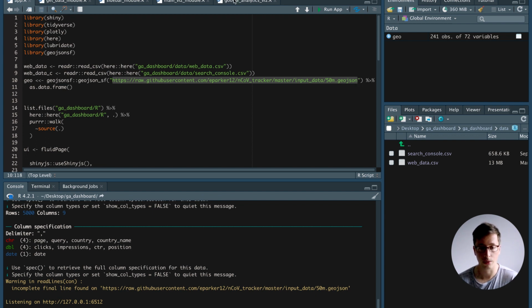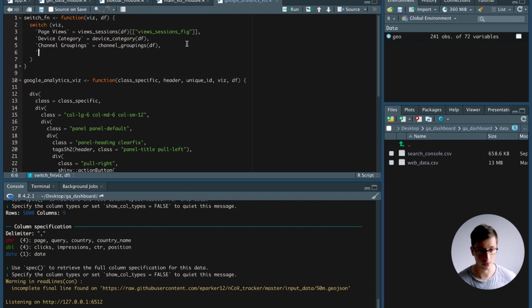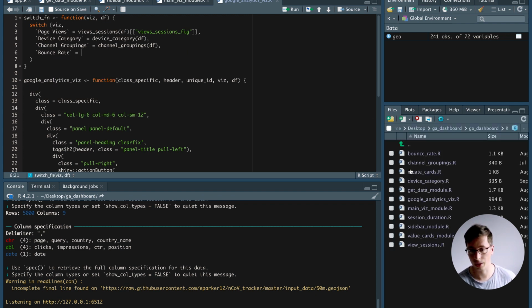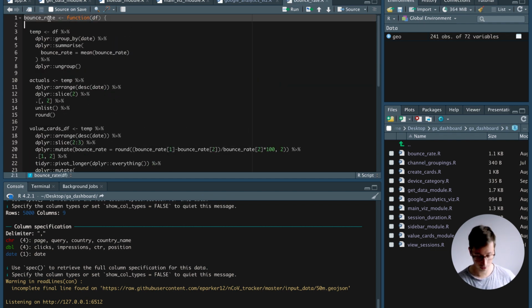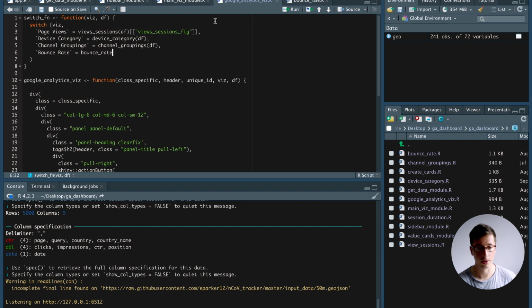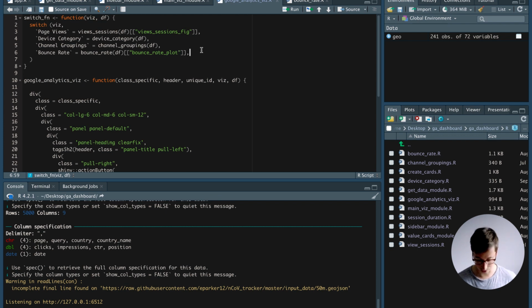But first of all, we're going to go into the Google Analytics visualization file, and then here in the switch statement, what we can do is we can say bounce rate is equal to, and then in here we can check the bounce rate function. It's called bounce rate, so we're going to copy paste it. We'll say bounce rate df, and then we're grabbing the data, the plot in here, and then we're doing the same thing with